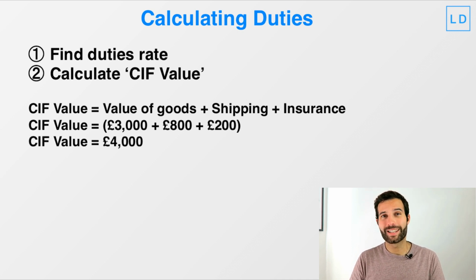Now, just one thing to note is that you will likely be paying your shipping and insurance in pounds if you're using a UK freight forwarder. But if you are buying from China, you've likely paid for your goods in dollars. So if you have done that, what you're going to need to do is just work out what the value of your goods would be in pounds. And to do that, you want to use the